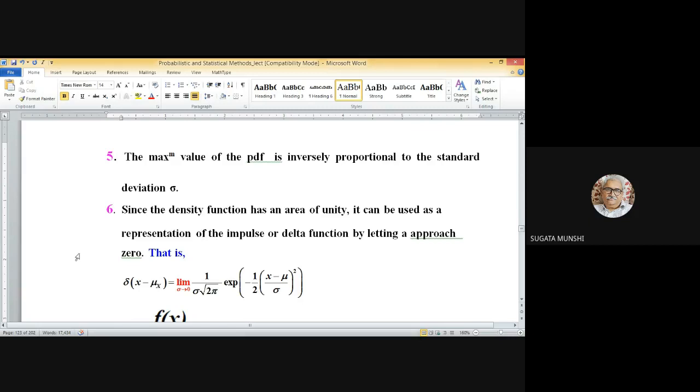As for example, there is a book by Bracewell on Fourier transforms, a very famous book. He has a chapter on this Dirac delta function. The heading of the chapter is the impulse symbol, not the impulse function.